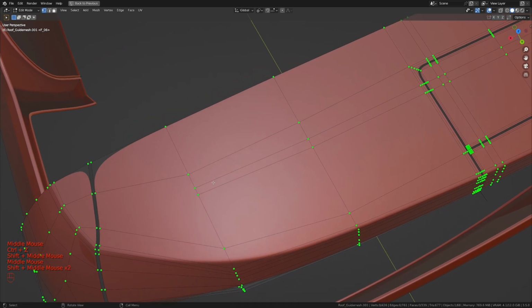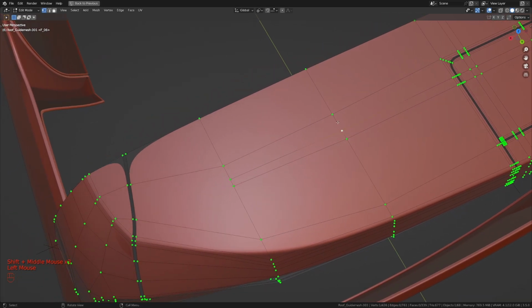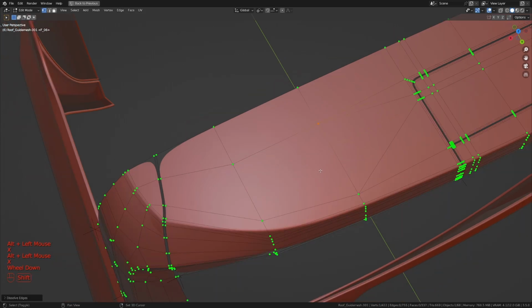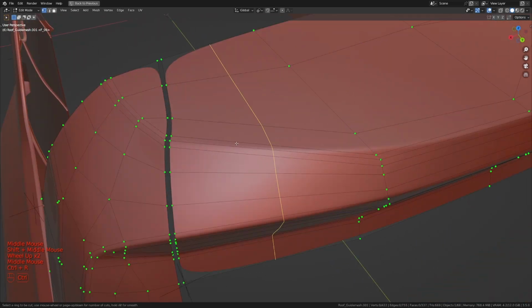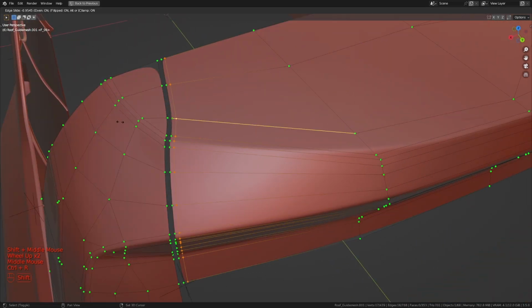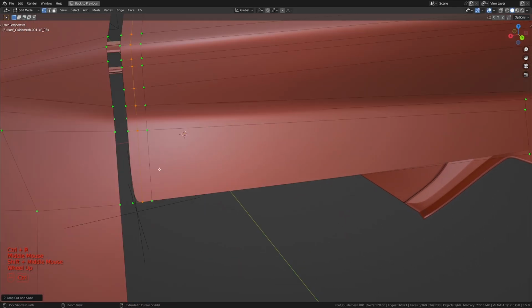Let's see what we can do about this first. I'm going to merge this to this, and I'm going to merge this one to the one down here. Let's just dissolve the ones we have in the middle here. All right, now let's add in the supporting edge loops. So I'm going to add in the first one here, two around there, put one in the middle, do the